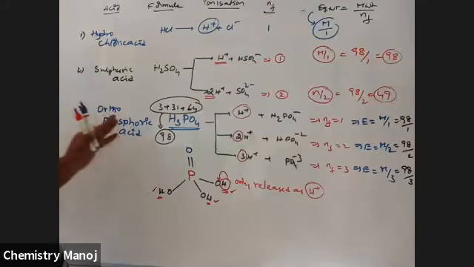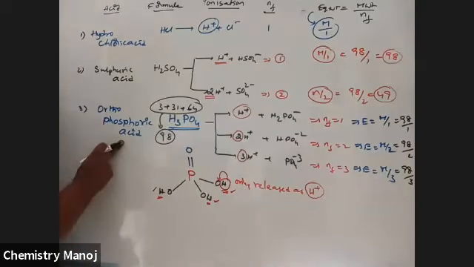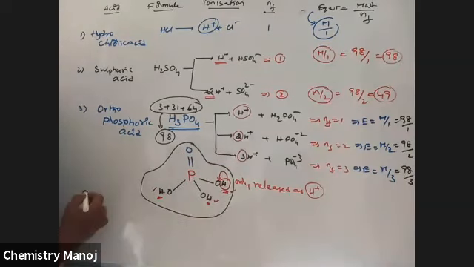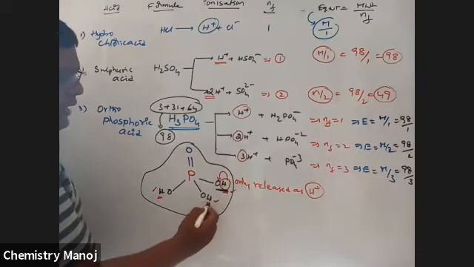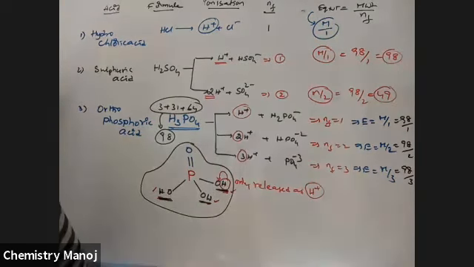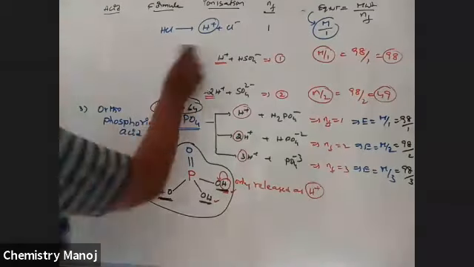So the possible n factors for H3PO4, that is orthophosphoric acid: you should know the structure. I explained this structure, please keep it in mind. Here 3 OH groups are there, and each hydrogen is released as H plus. That is the orthophosphoric acid case. Next, I will explain another one, that is phosphorus acid, not phosphoric acid.